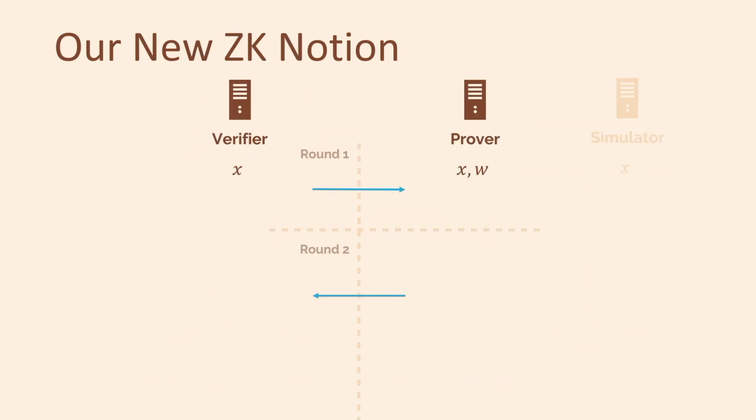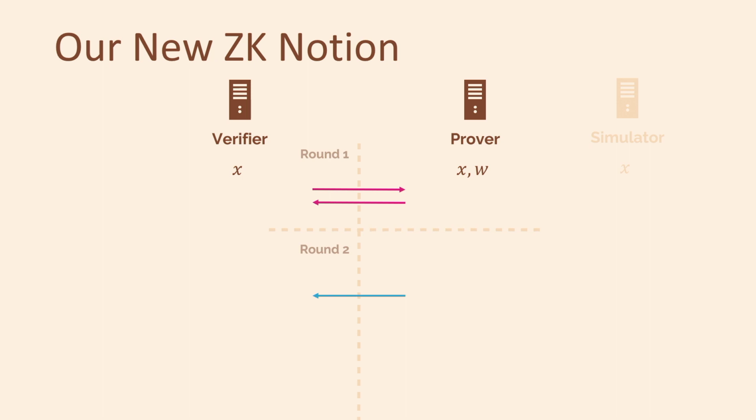So it turns out that achieving a 2-round zero knowledge protocol that satisfies statistical soundness is impossible except for very limited subcases. And so the point of our new zero knowledge notion is to provide a sufficient approximation of statistical soundness in order to be used with witness encryption, but to still be achievable. And so the notion is going to work as follows.